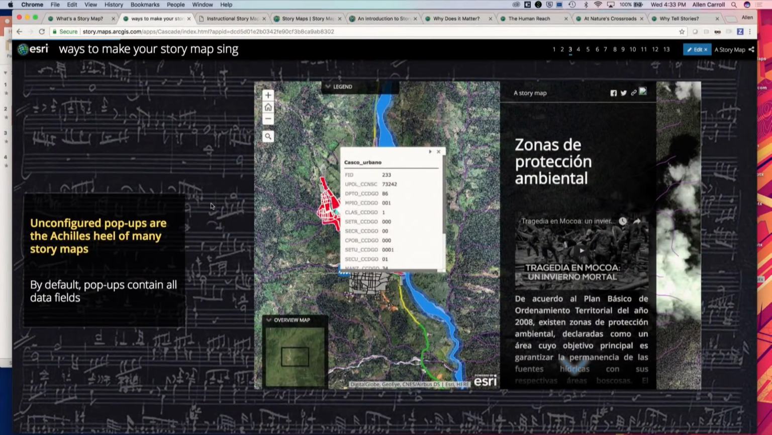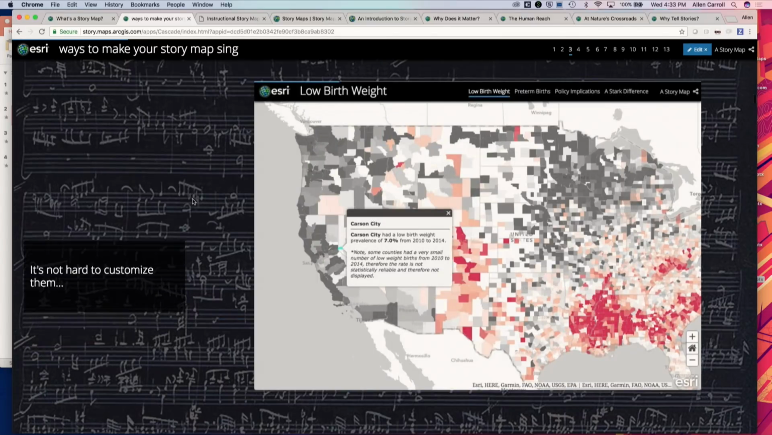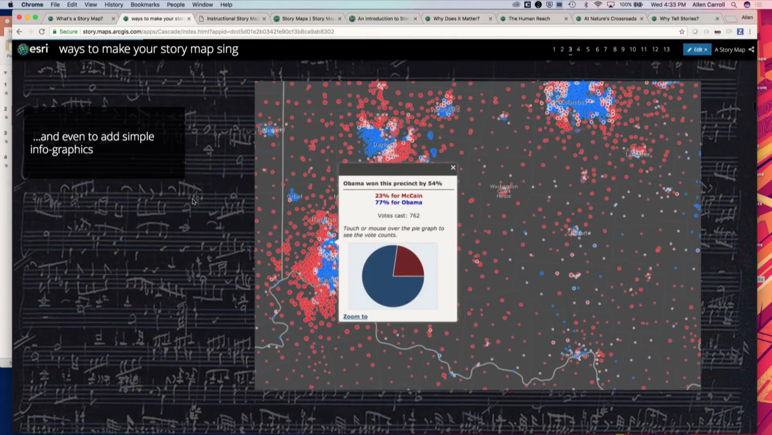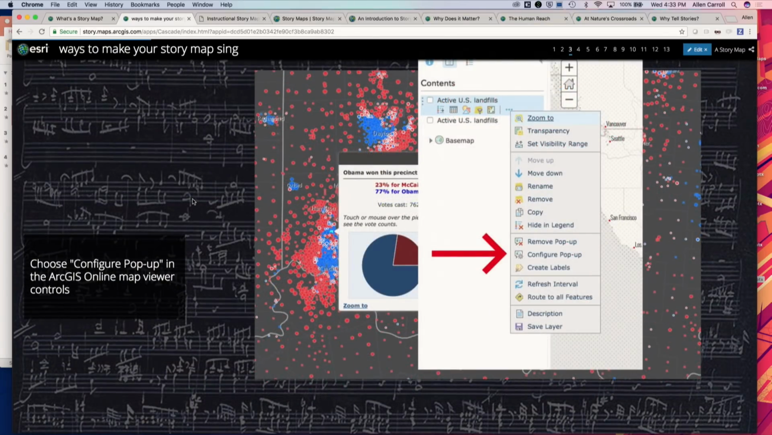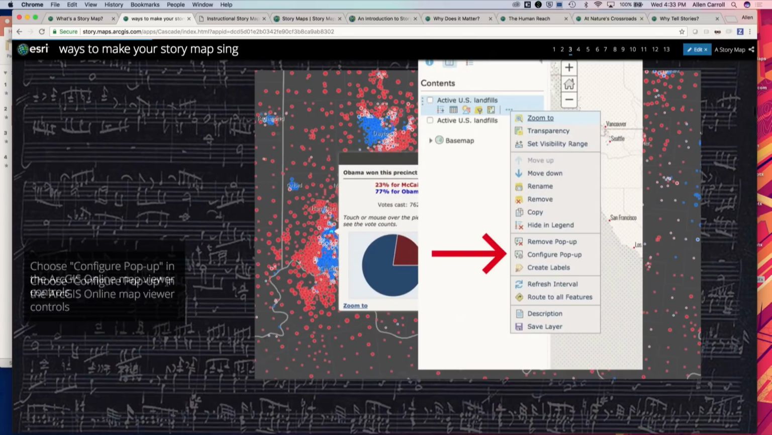Number 3 is configure pop-ups, and Bern talked about this, but I can't tell you how many times our hearts have been broken, or we've been crestfallen to find an otherwise beautifully polished story map, and then you click and you see this kind of GIS-y gobbledygook. There are many ways you can configure, as Bern said, your pop-ups to do interesting things. And the place to find that is within the ArcGIS Online Map Viewer. There's that little configure pop-up thing, and within that it gives you several options. You can do pretty neat stuff, including